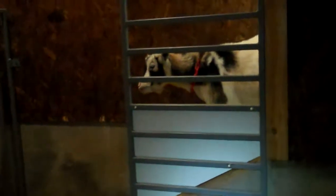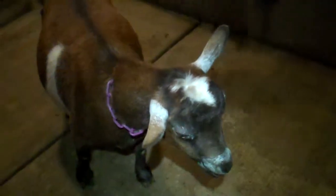So these are the goats that were just finished milking. This is Andante. This is Rhapsody with the pink collar. This is the main barn,